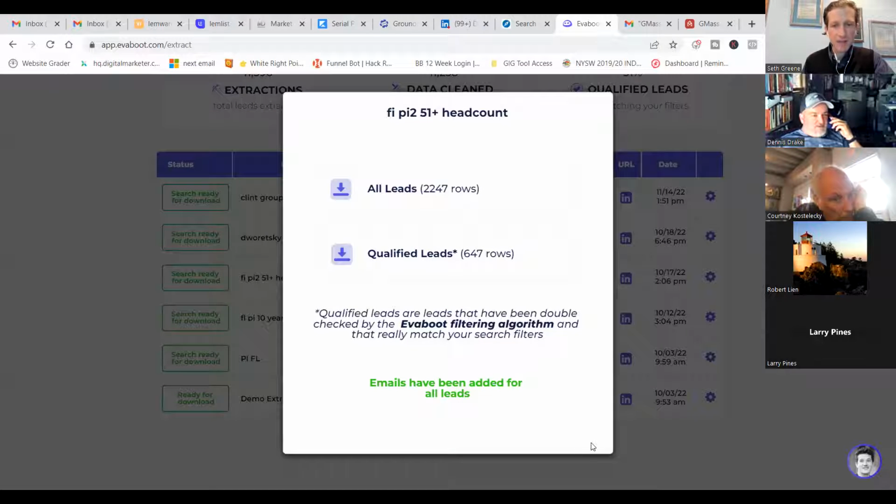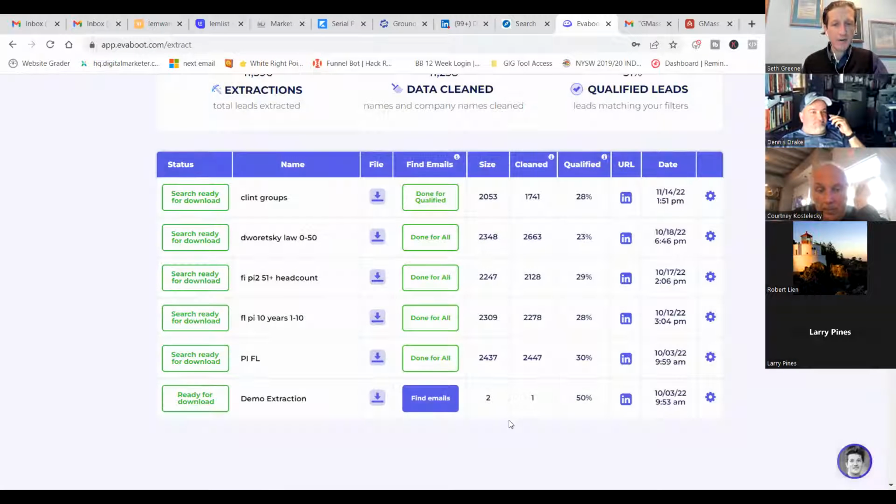I'll show you what that looks like. See, email leads have been added, and you can do, oh, I already did this. Hang on, I gotta go open it. Let me stop my screen share. I'm gonna open the file and show you what it looks like. Give me 2 seconds, Courtney. If you've come up with another question while I'm doing this, you can ask it. Give me 2 seconds. All right, there we go.